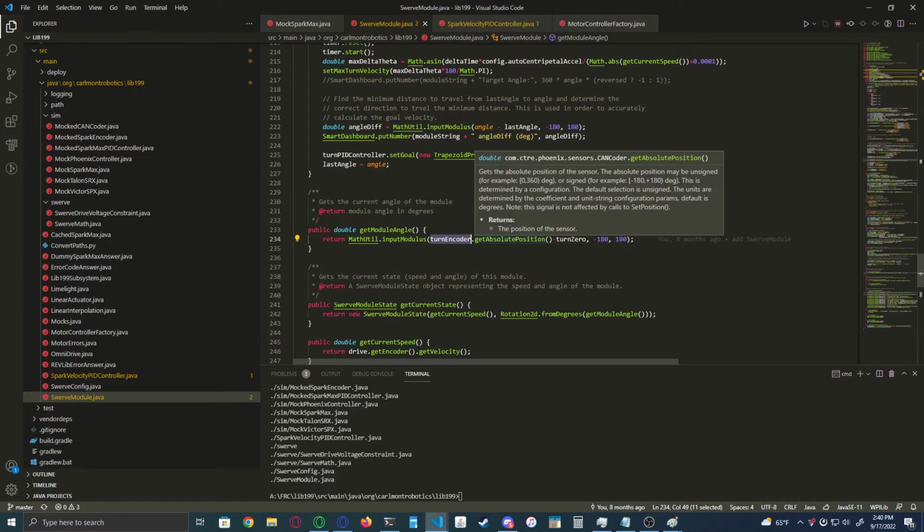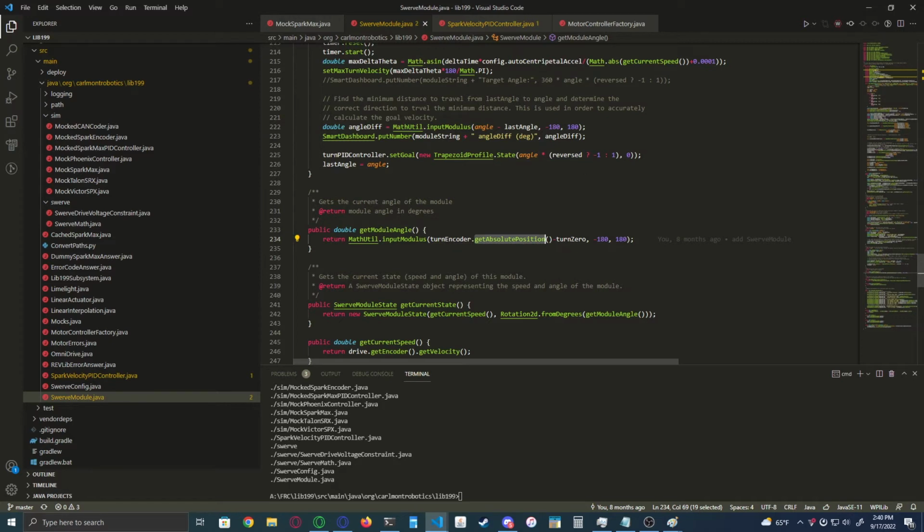All right. So then get module angle uses our cancoder to get the absolute position. This is one of the reasons we use cancoders, is that they are absolute encoders. So we know when the robot is powered on, where the wheel's pointing. And an important note here is that,